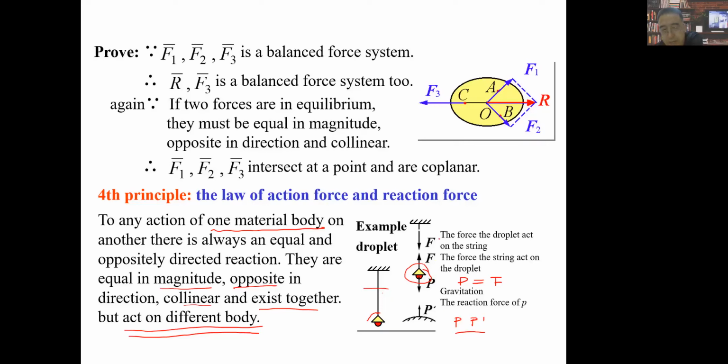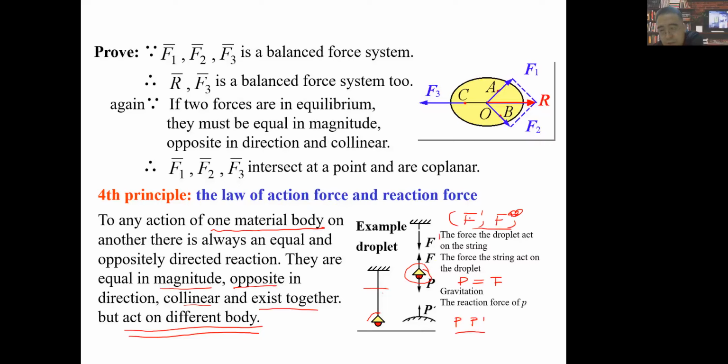So actually, this lamp also has a pull force on this upper rope. So here you have another pair of action and reaction forces. We can define action and reaction forces very easily. There are a lot of pairs of action and reaction forces, but we should always know that this F and F prime,